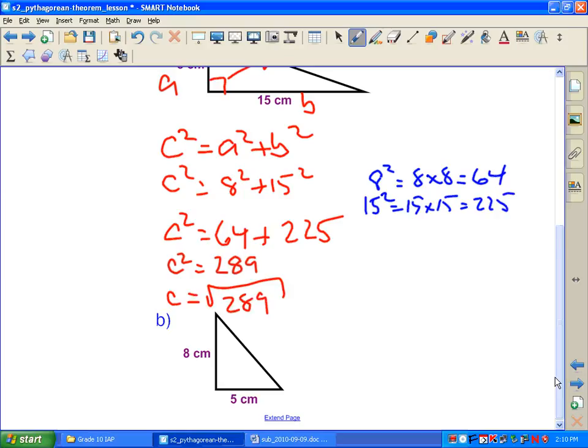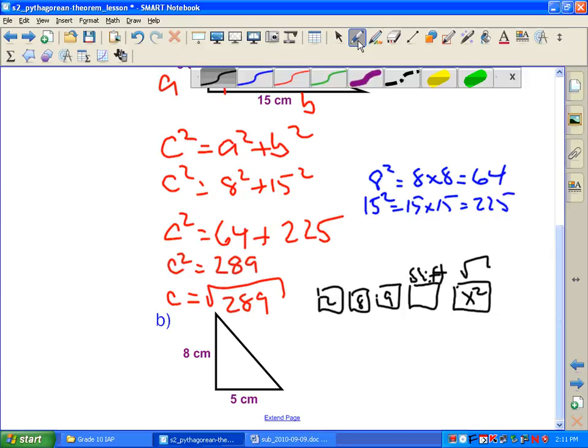And if you're using one of the calculators that are provided to you from the school in class, we would type in 289, and then we would hit the shift button, which is at the very top left of the calculator, and two buttons over, there's a button that, because we use the shift, we are actually using the square root command, which is this one right here. Okay, so 289, shift, square root, and you'll see that the answer for the value of c